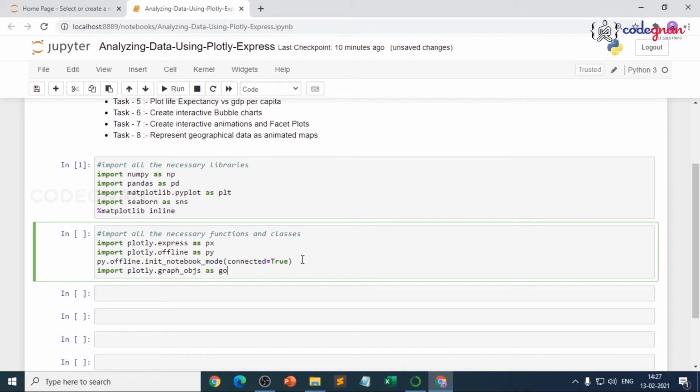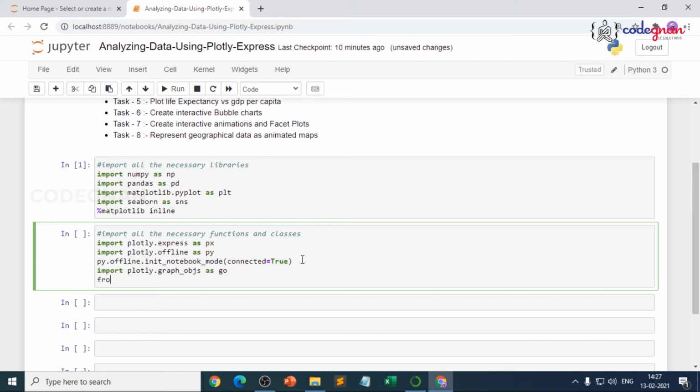And after doing all this, we need to import another module. So from plotly.graph_factory, and here we'll import create_table. So now let's write this create_table. It will create a table in a nice format in plotly.